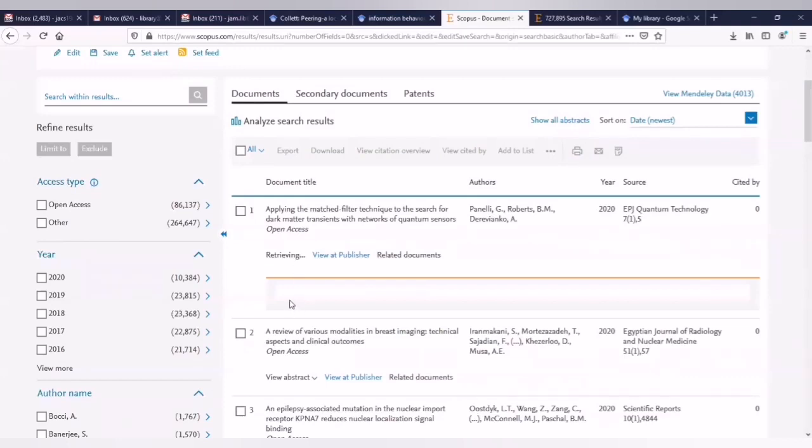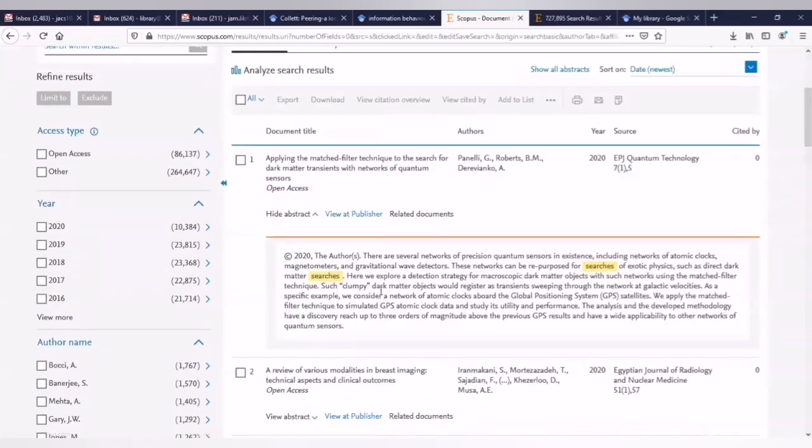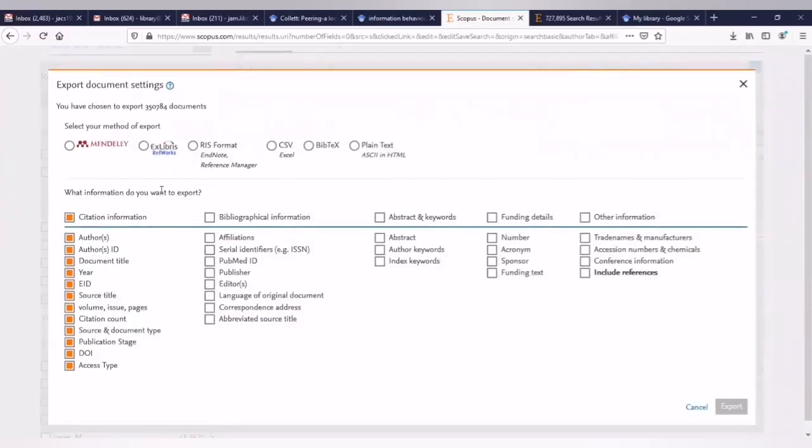Here you are able to view the abstract and relevant documents also. If you require a particular document, you can select it here, or click on all, and export. Once you click on export, it will ask what kind of information needs to be exported for your research area. So it can be exported in this way.